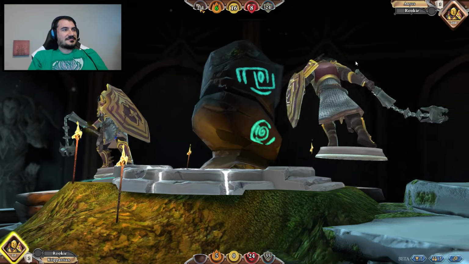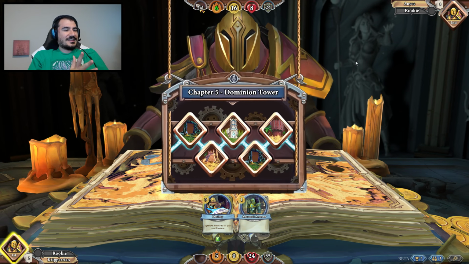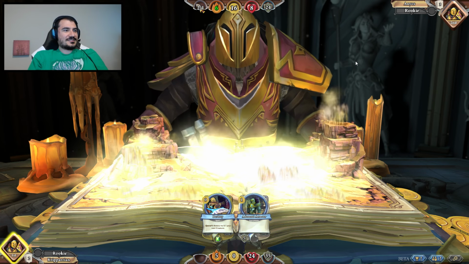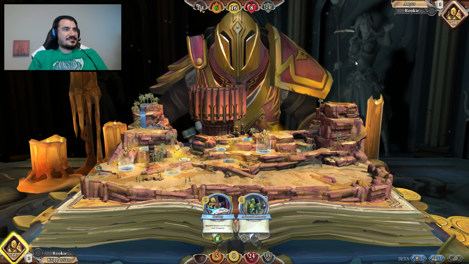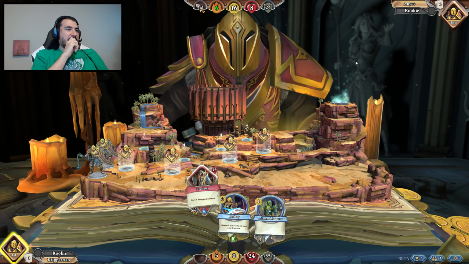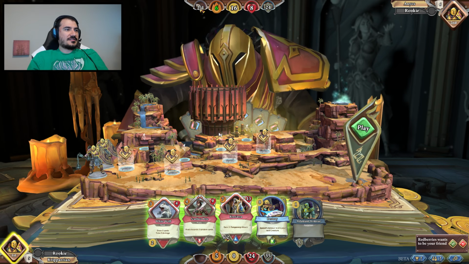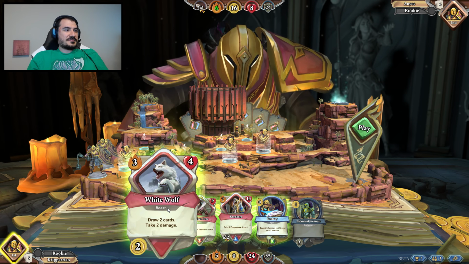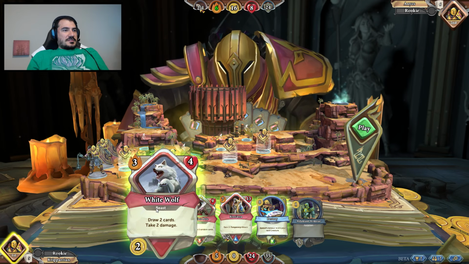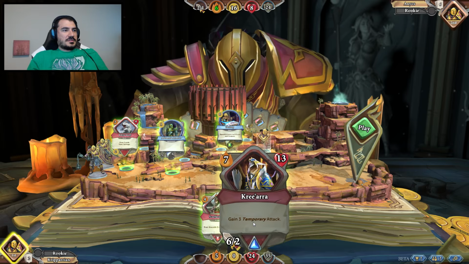It's 16 gold. That's so much for a warrior. Alright. Give me something here, man. Just give me something I can play. This is the last one, chapter 5. Home stretch here. Give me a break. I got card draw now, but like, what good is that? Okay, so I can kill that, then I can gain armor, then I can...